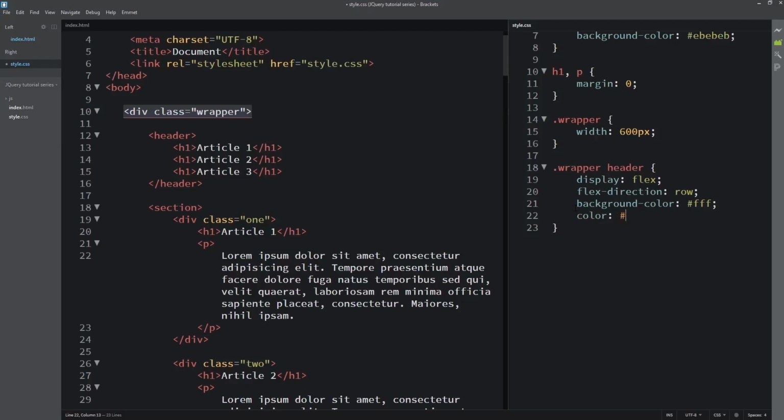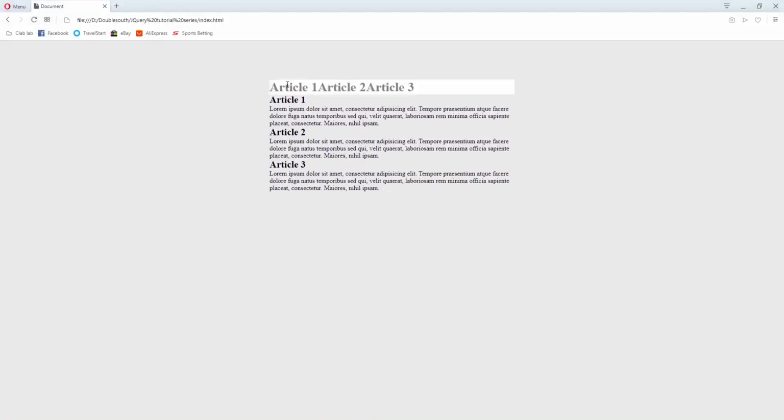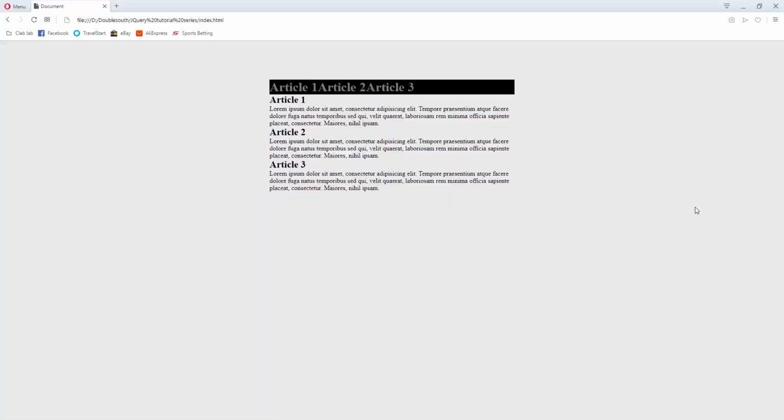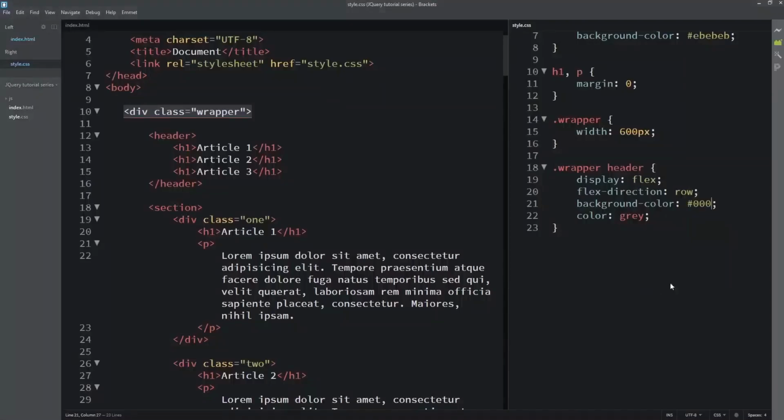Make it off-white. Which one is off-white here? Or ash? Let's just say grey first, mostly. Grey. And like this the color comes outside itself. Okay. Wait. Okay, background color black, put white 000. Okay, we get this now.